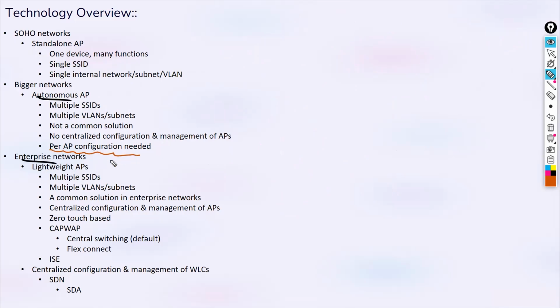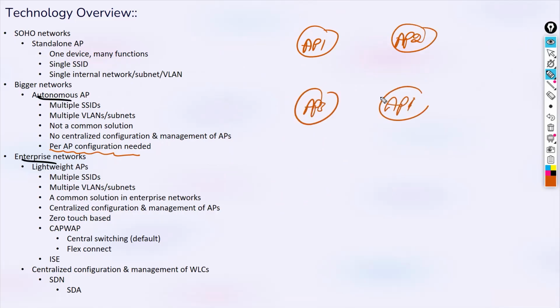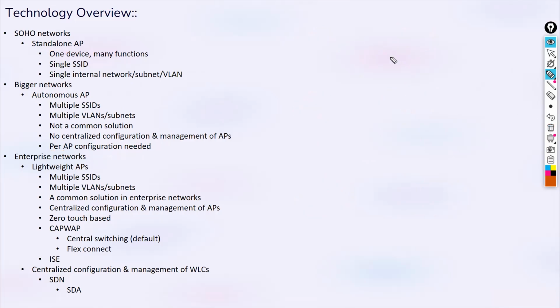If you see here from the last point, per AP, let's say you have a multiple floor building and hundreds and thousands of users. Let's say I have one AP here, I have another AP here, right? And like this, you have 10, 20, 50, up to 100 APs, right? So what happens here, the benefit, or how they are better than these standalone APs. So first, let's talk about that. Let's take just the example of one AP. So let's start from the basic.